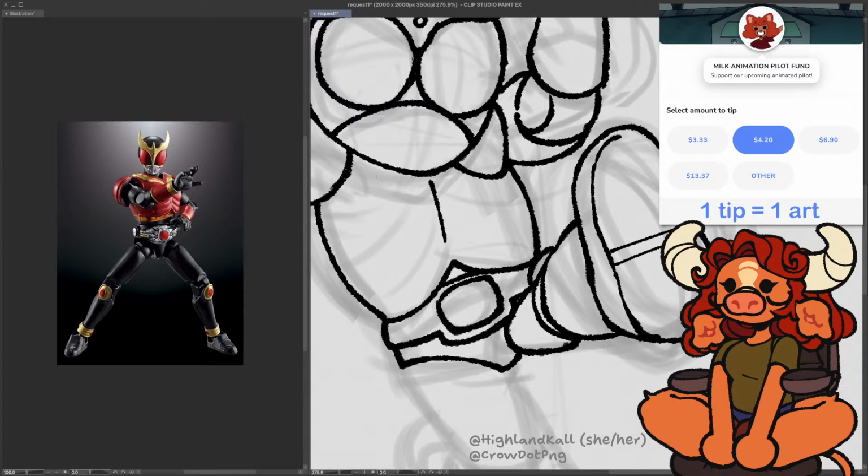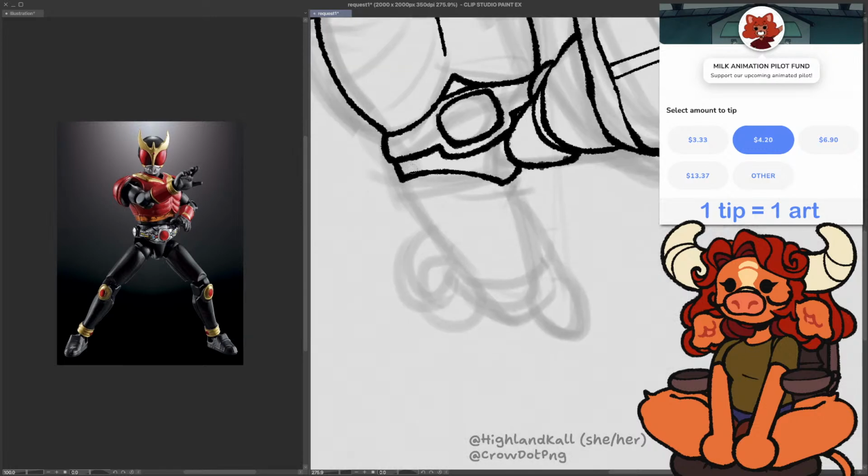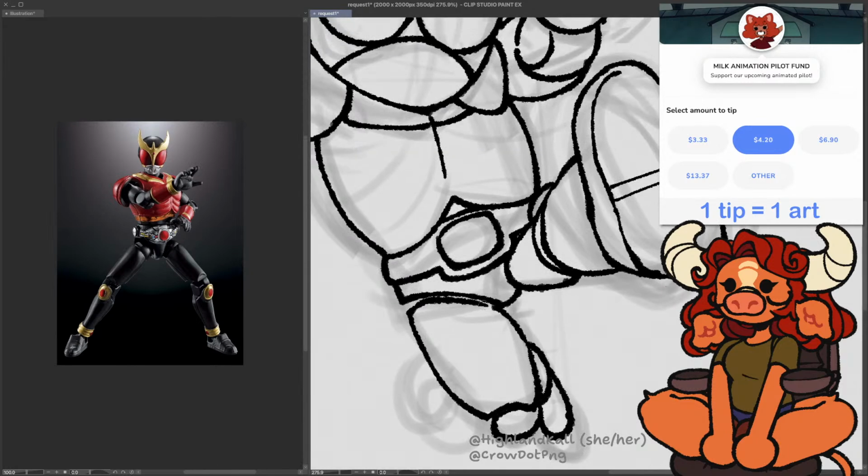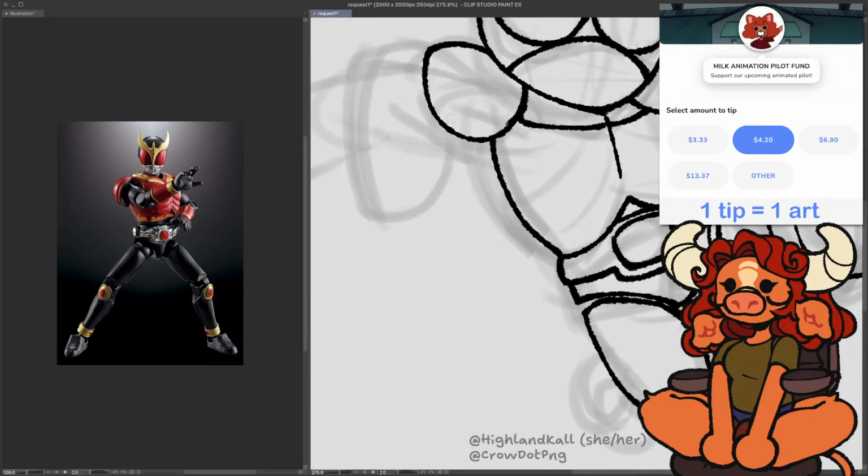Oh, he has these kinds of things on his chest here. Let's get those added in. And this guy here. Get this other arm going. That one's gonna be a bit of a goofier angle. Well, not that goofy, but...